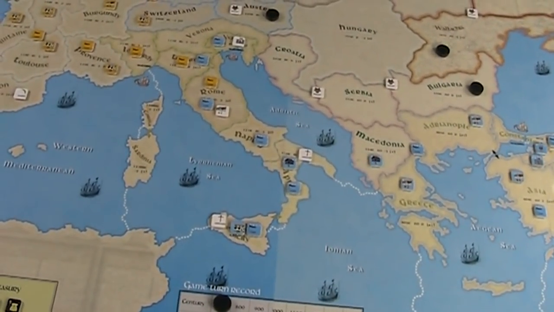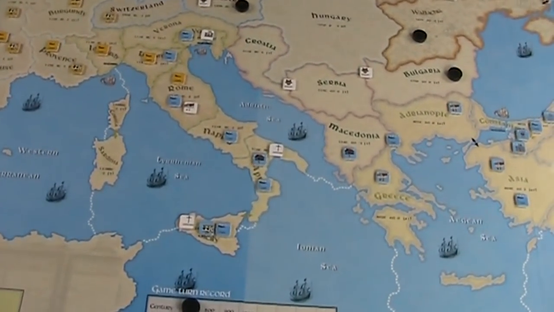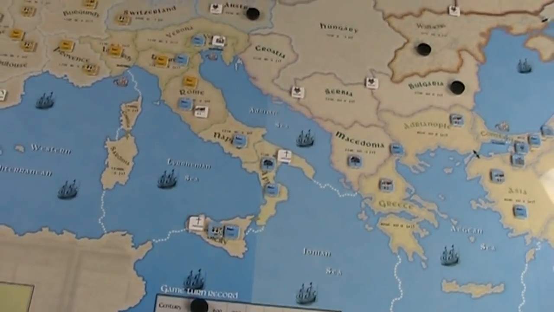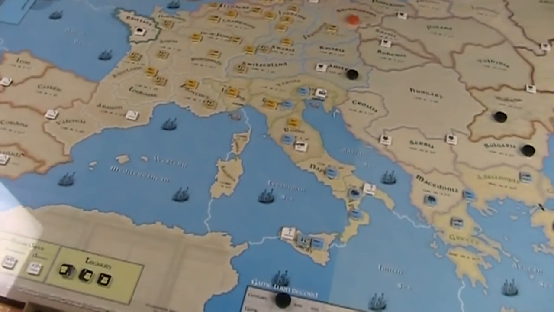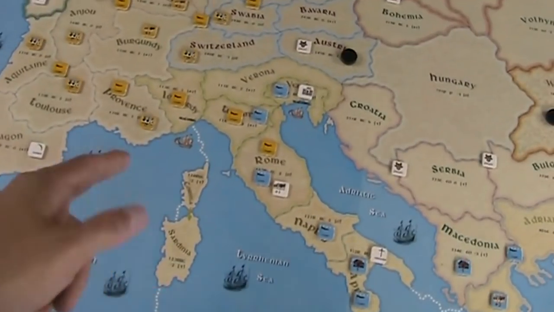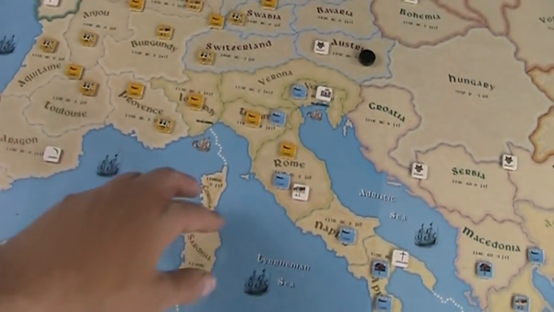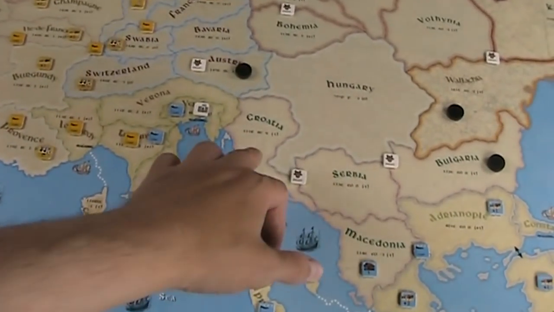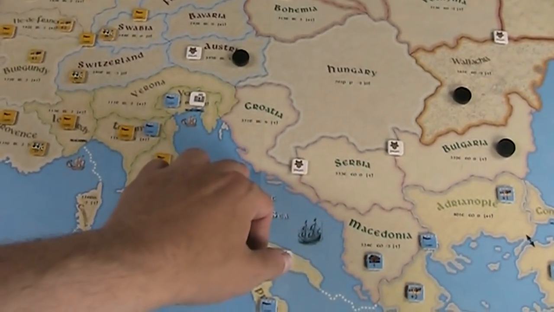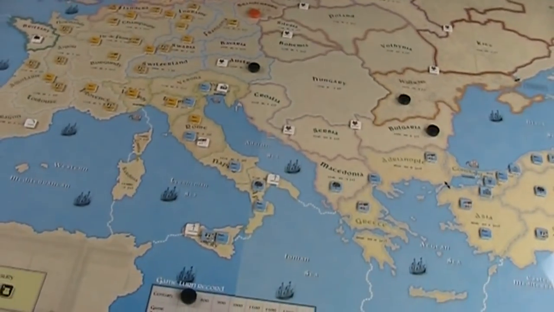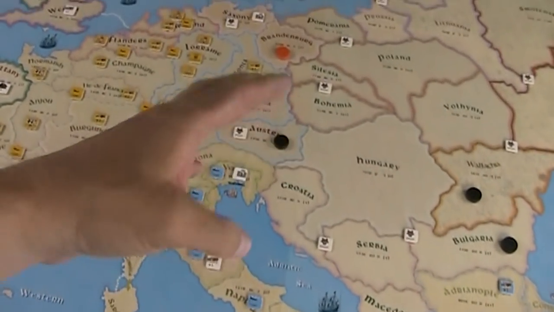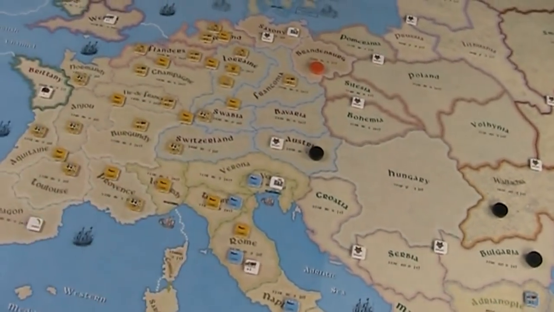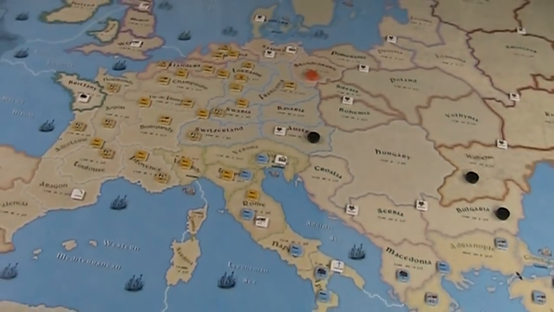And if a player draws one of these cards, what he's allowed to do is he could either use that card to colonize one area with a population up to 2 people, or he can partly colonize an area with a population